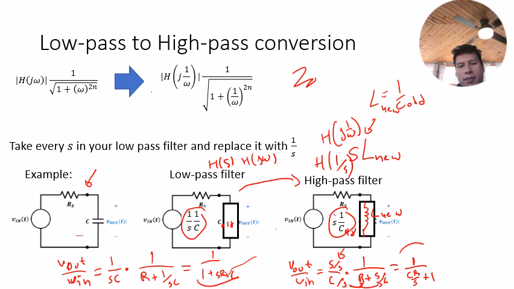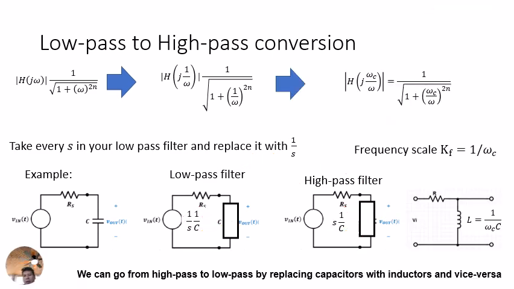At this point, the book decided to do an additional thing, which is we need to frequency scale by omega c in order to get our final response. So we just use what we learned from our previous lecture to frequency scale this. Sorry, we frequency scale this by omega c, not by 1 over omega c. I apologize. And then that gives us our final circuit